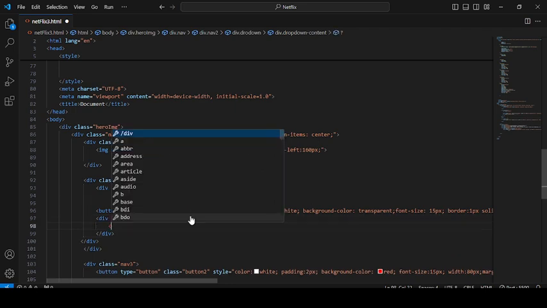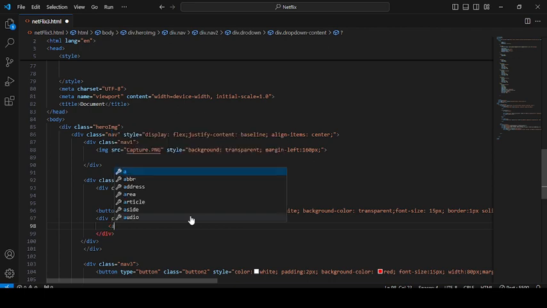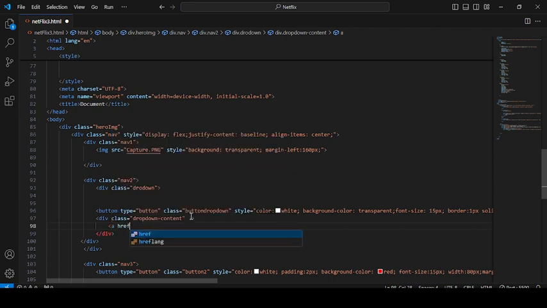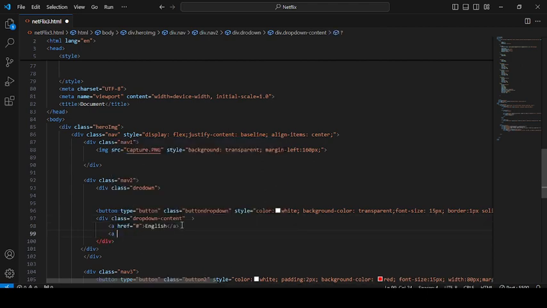So here I'm giving the list of those languages: a href equals, it's a dummy link, so here I'm putting a hash and here the name of the language. Again a href equals, again a dummy link, and here